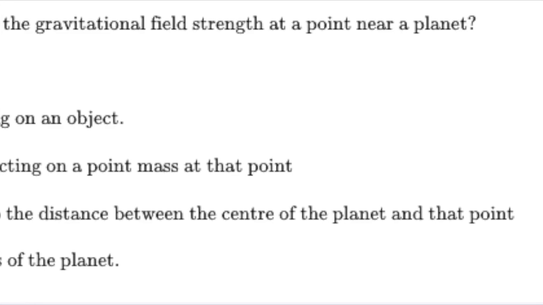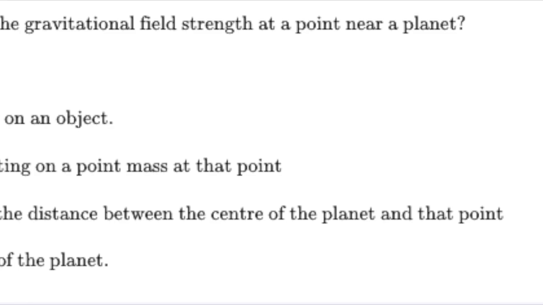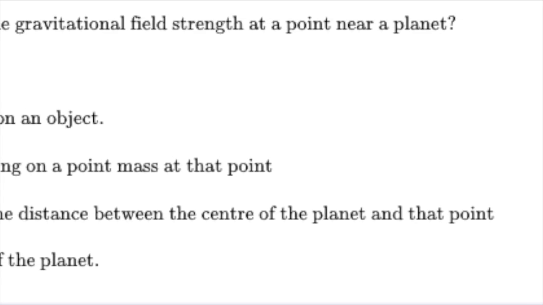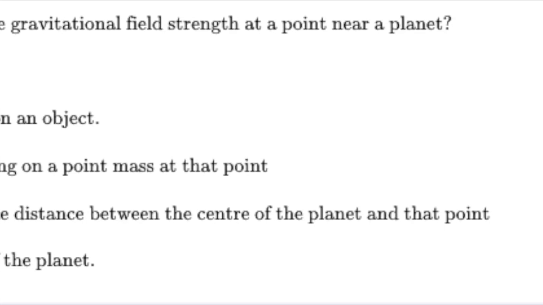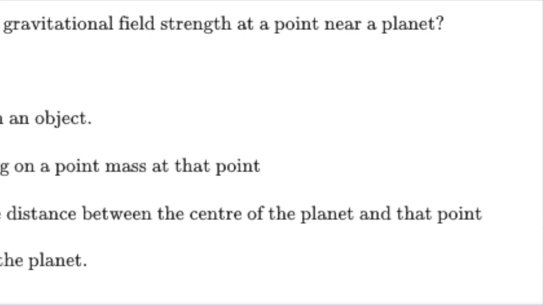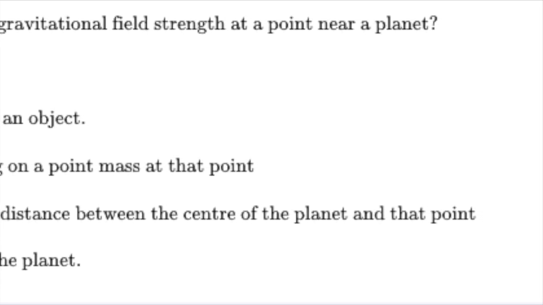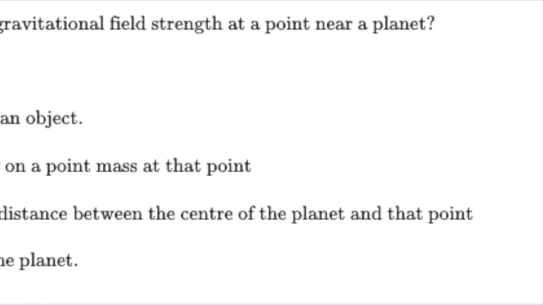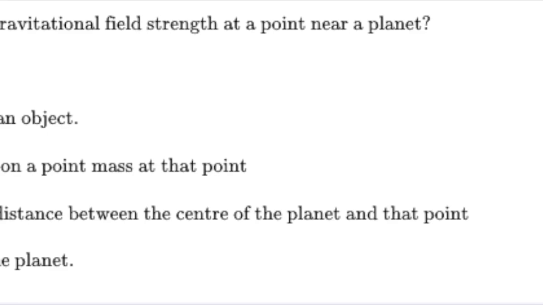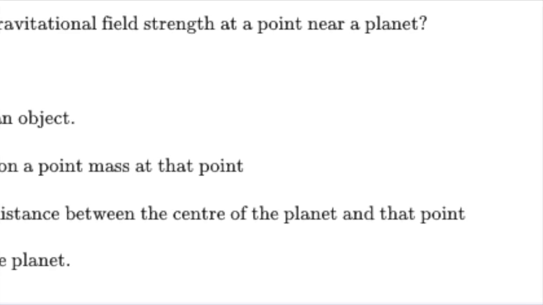So if we look at the mark scheme here, we're given that the answer is B, as we initially suspected. Now you might be asking why. I mean, it says it's GM over r squared. But look at it. We have to consider everything as a point mass if we're applying this law, Newton's law of gravitation, which says F equals G m1 m2 over r squared. And here it's not given that there will be any point mass, so hence we can actually consider B as the correct answer. So the correct answer will be